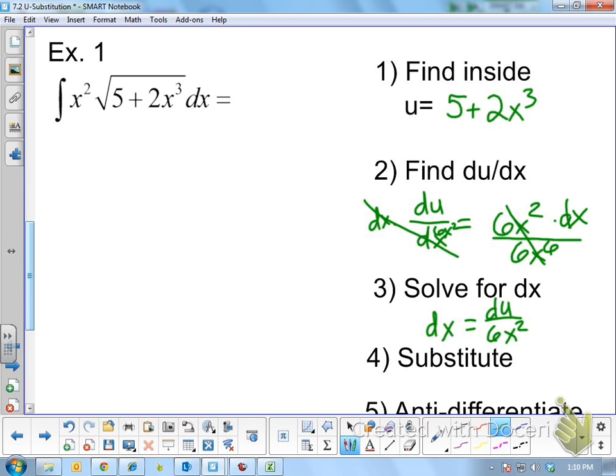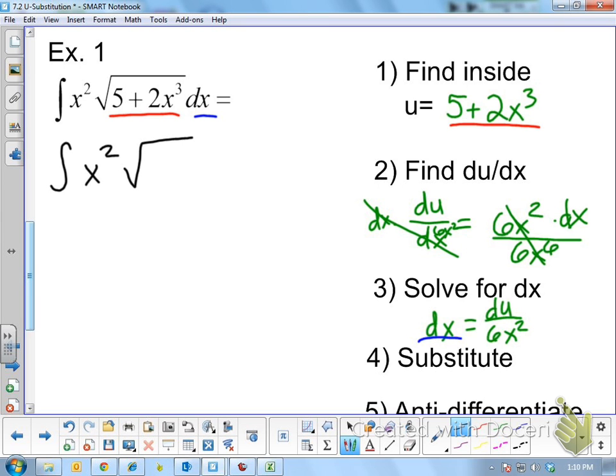So we can now substitute. We now know something for dx. And we also said u equals 5 plus 2x to the third. So we know something that 5 plus 2x to the third equals. So I can substitute. Notice x squared, it didn't have anything it was relating to, so we leave it how it is. So we have the integral of x squared